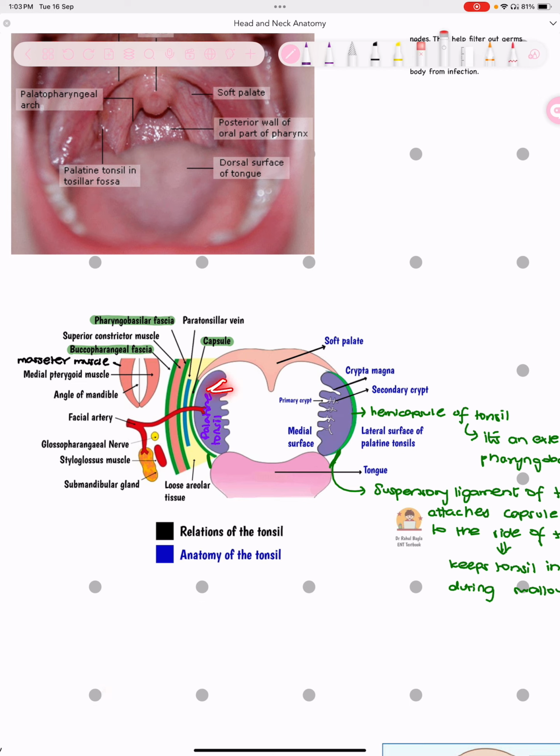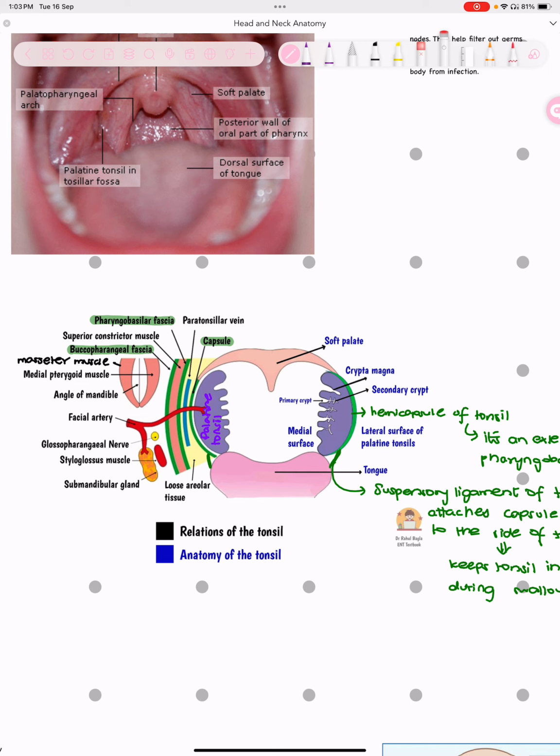And this was intratonsillar cleft. And we also spoke about the tonsillar artery, which is a branch of the facial artery. Tonsillar artery pierces the superior constrictor muscle and provides the arterial blood supply to the palatine tonsil. Now, how about the bed of the tonsil? Before the bed of the tonsil, a very important clinical significance of this vein that we just discussed, the paratonsillar vein, is that during the